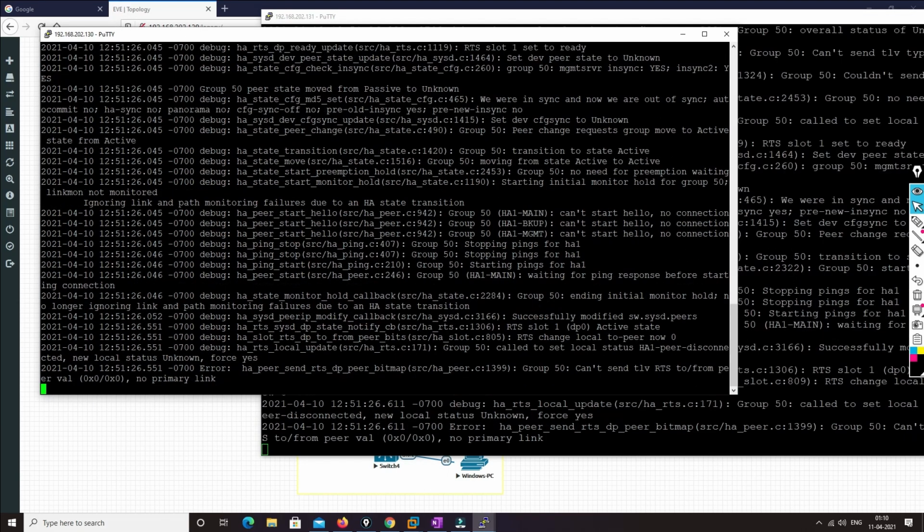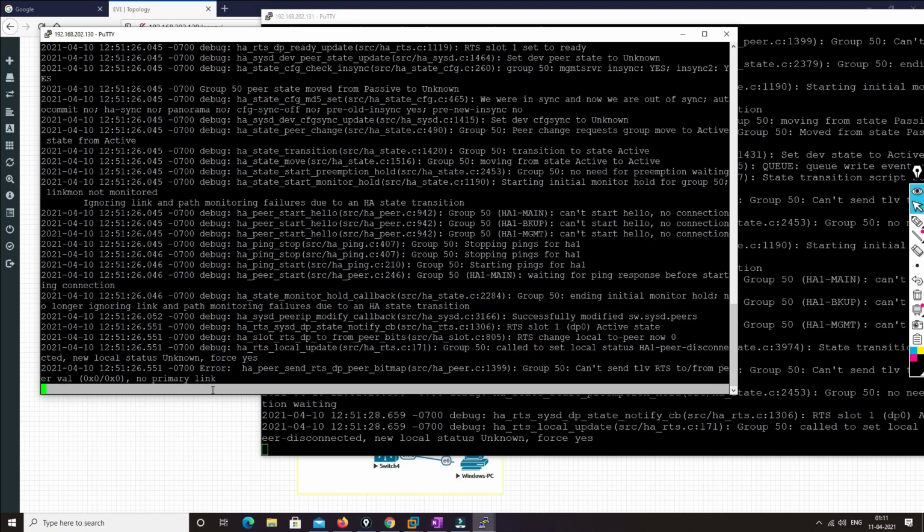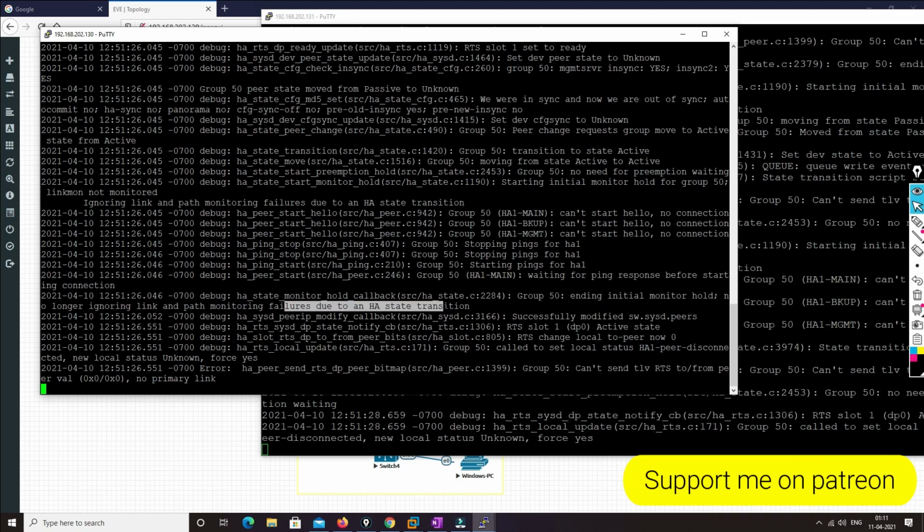As you can see: can't send start hello, no connection, stopping the pings to HA1. No primary link. No longer ignoring link and path monitoring failure due to HA state transitions.